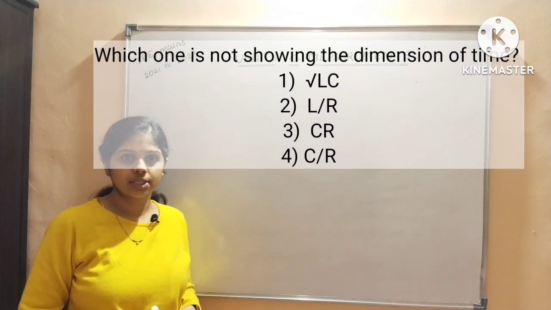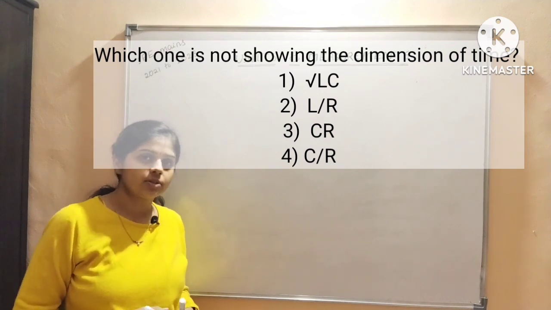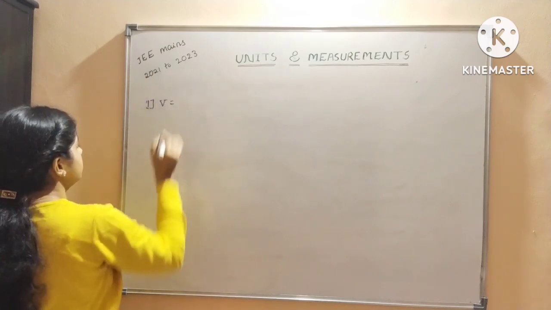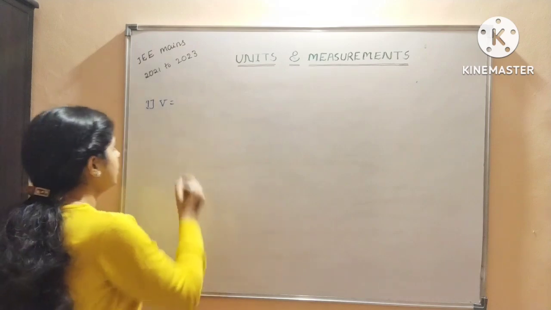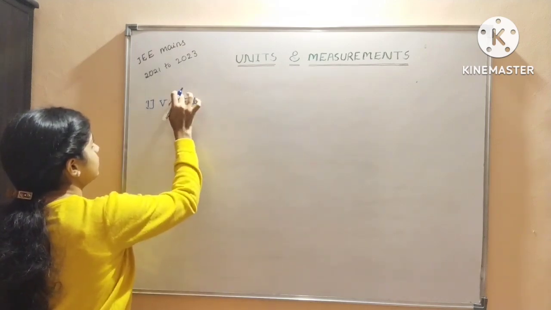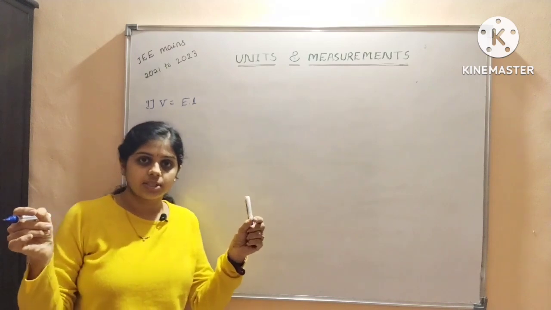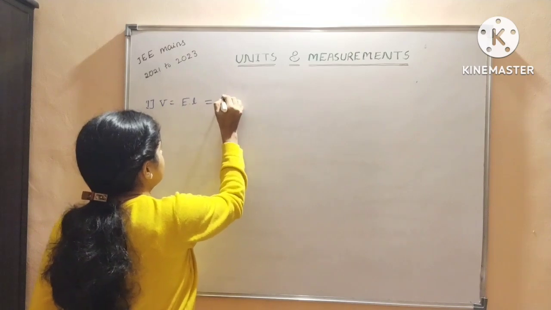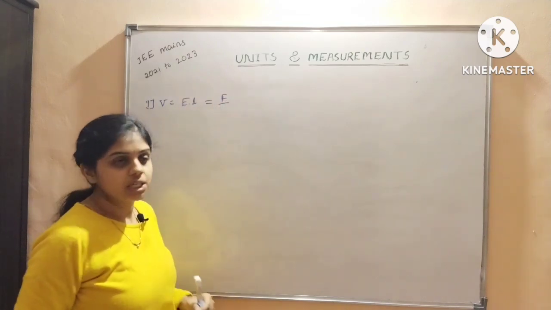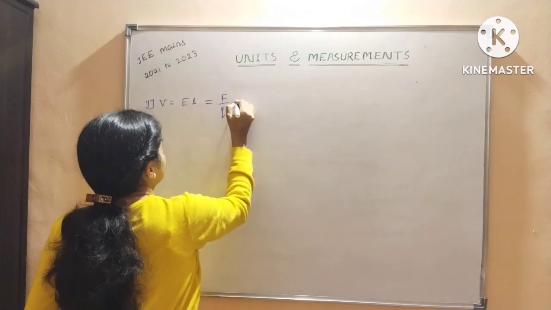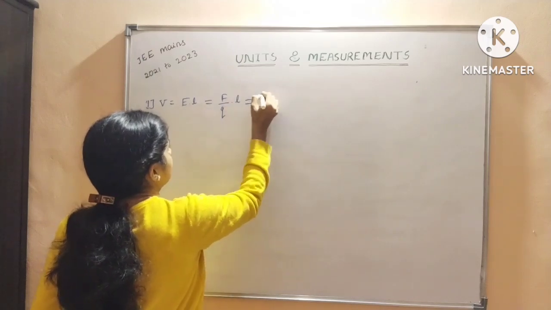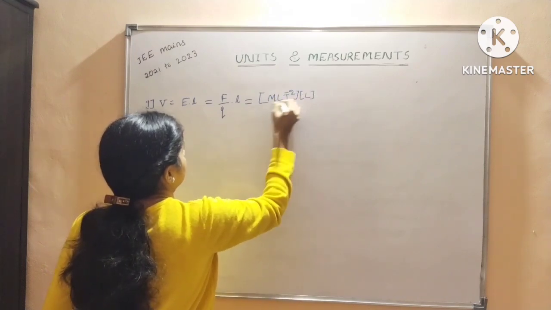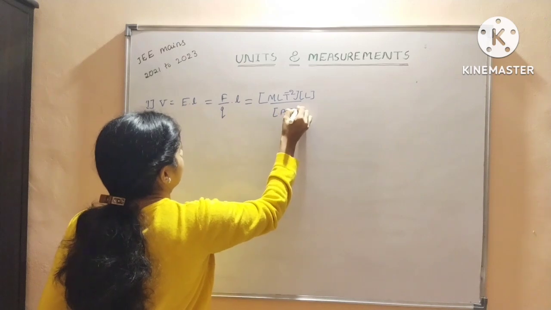Okay, let's go for next question. It's better to write the dimensions of all the parameters first. First of all, potential difference. According to the definition of potential difference, V equal to E into length, where E is electric field and L is the distance between the points in a conductor, where electric field is equal to force per unit charge and distance L, which is equal to MLT raised to minus 2 into L by AT,